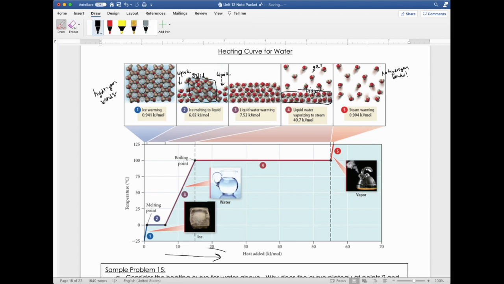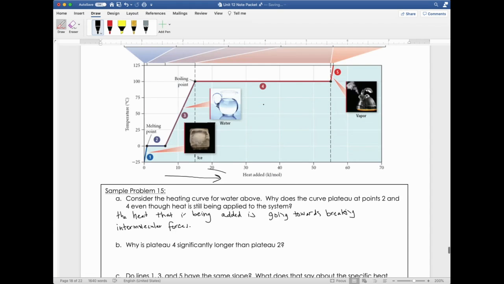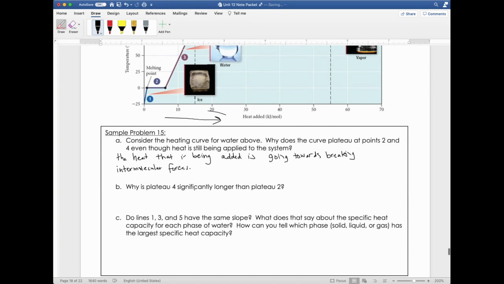Going from a solid to a liquid, we have to break intermolecular forces, hydrogen bonds specifically, but not all of them because the water molecules are still attracted to one another a little bit as they're in the liquid phase. Actually, for water, it's quite a lot of it because they hydrogen bond very strongly. But we have to break every single hydrogen bond to vaporize the sample. So plateau 4 is longer than plateau 2